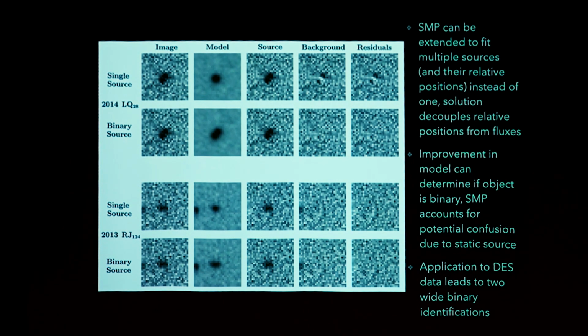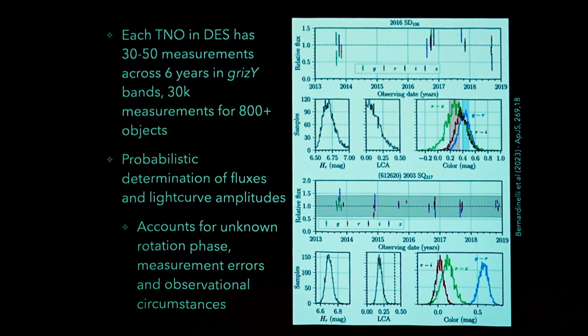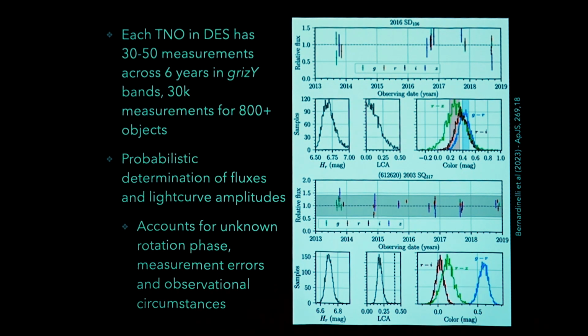So we applied this to the 30,000 photometric measurements that we had. We actually just found 2 binaries. But these are wide binaries, so these are red objects in the